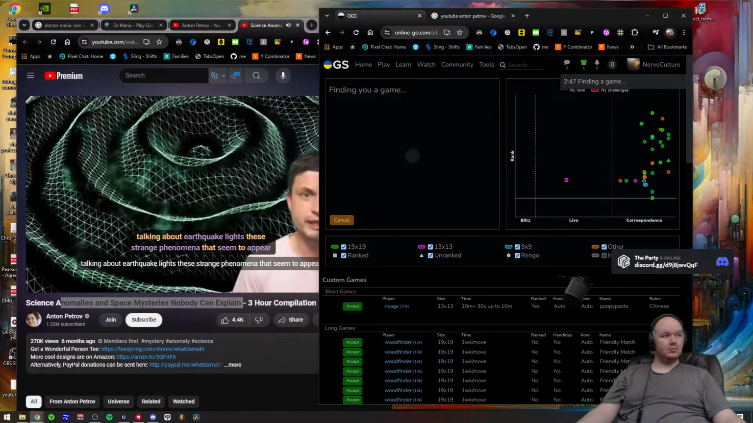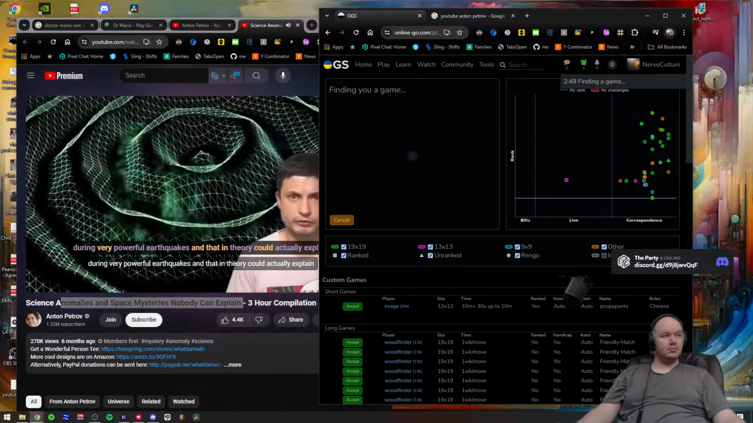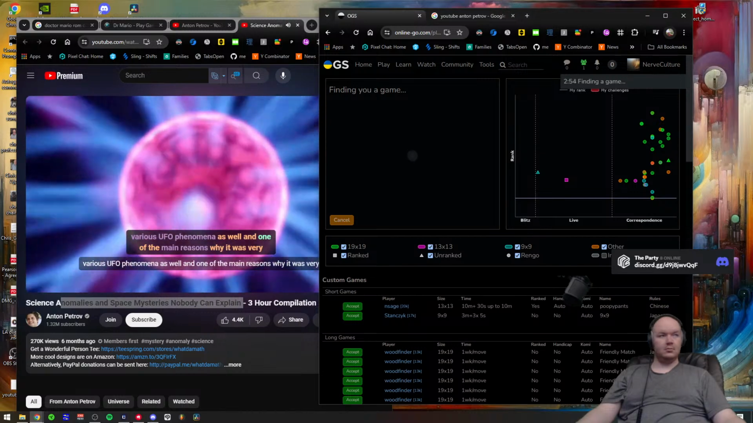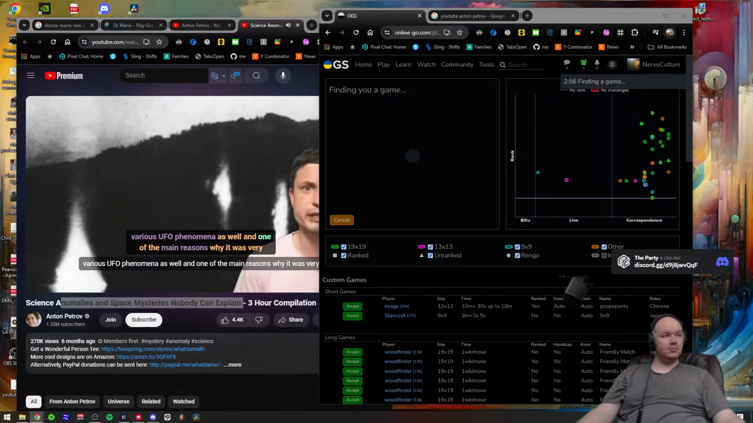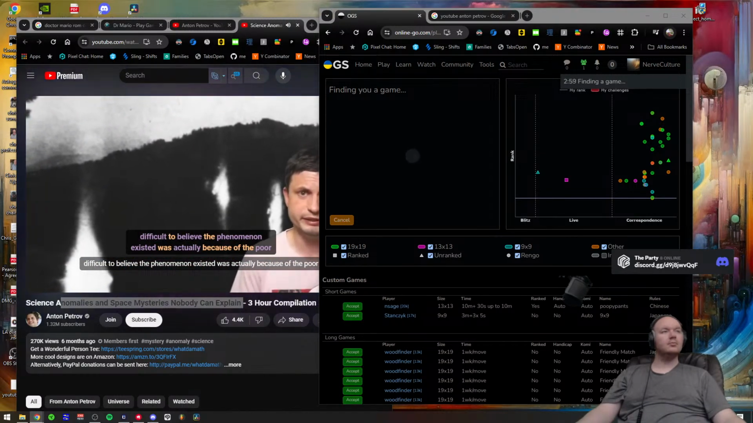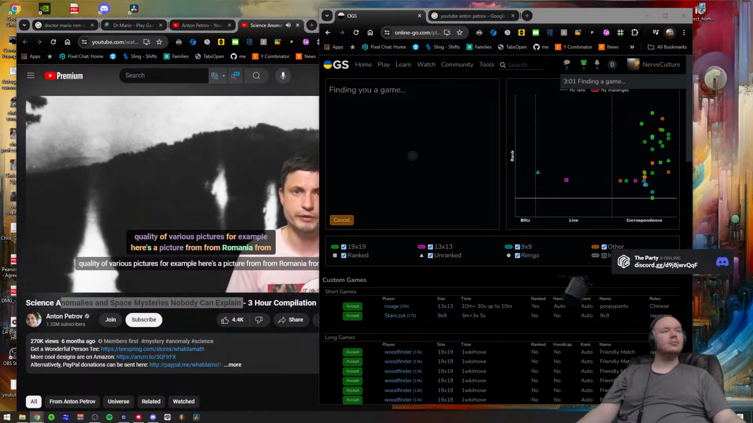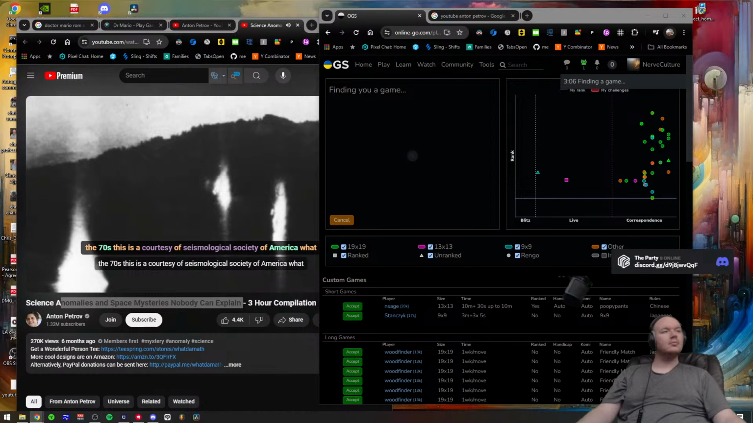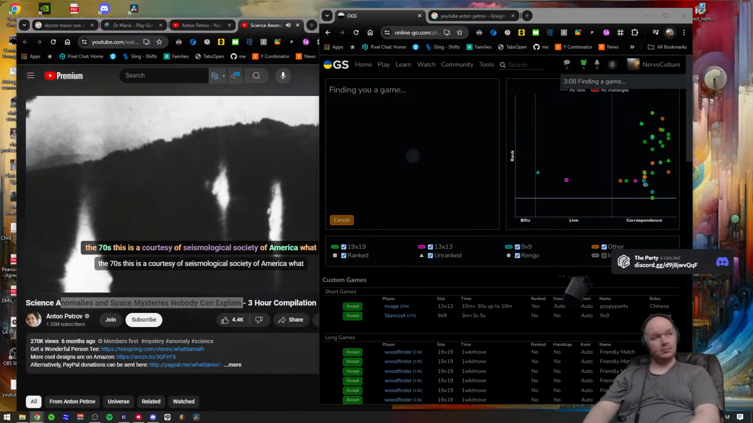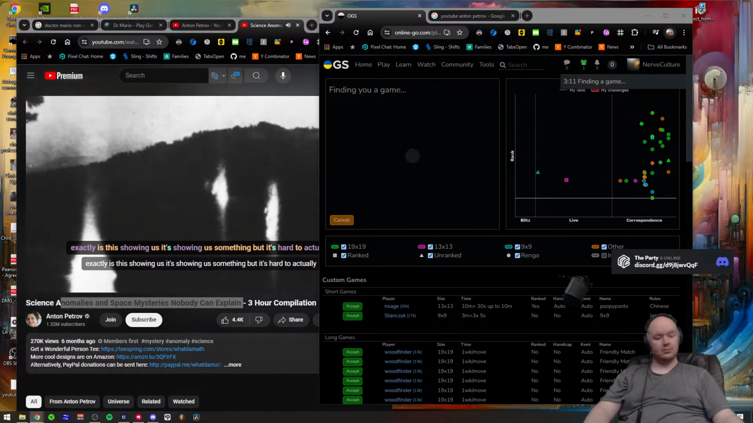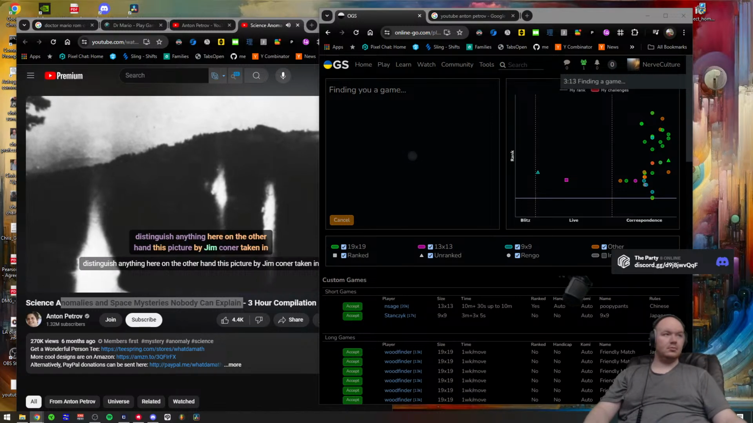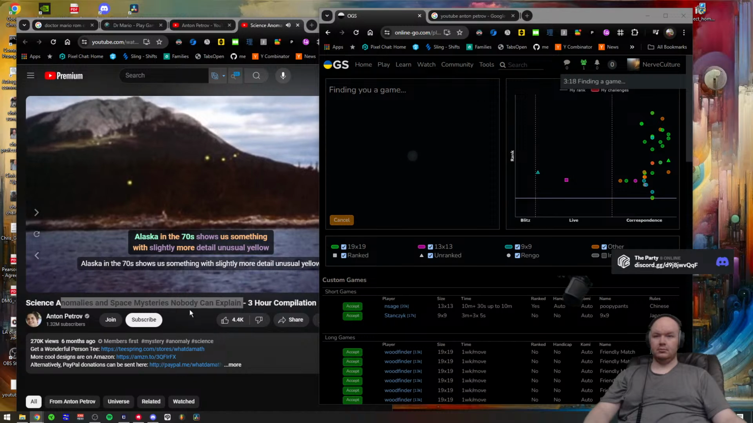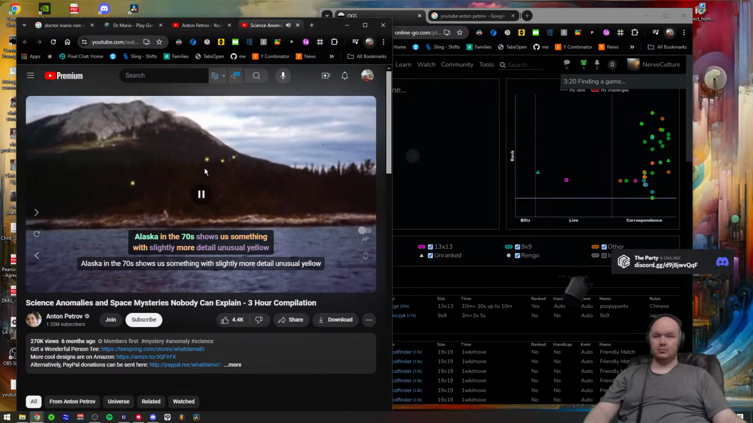These strange phenomena that seem to appear during very powerful earthquakes and that in theory could actually explain various UFO phenomena as well. And one of the main reasons why it was very difficult to believe the phenomenon existed was actually because of the poor quality of various pictures. For example, here's a picture from Romania from the 70s. This is a courtesy of Seismological Society of America. What exactly is this showing us? It's showing us something, but it's hard to actually distinguish anything here. On the other hand, this picture by Jim Conacher taken in Alaska in the 70s shows us something with slightly more detail, unusual